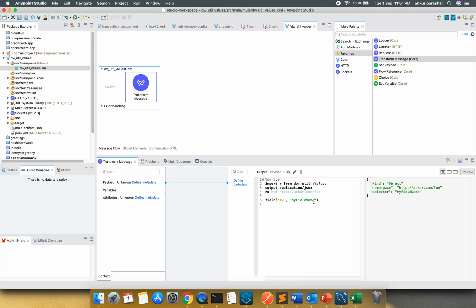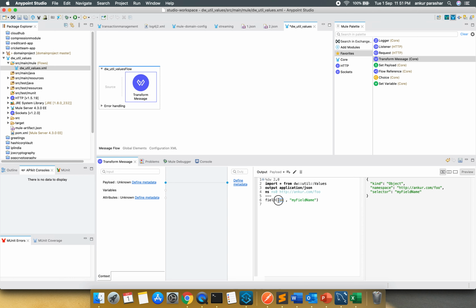Now this particular field will act only for selecting or creating a path element. Within the path element it will have three main elements: kind, namespace, and selector. Here I have passed first the namespace and second the field name.